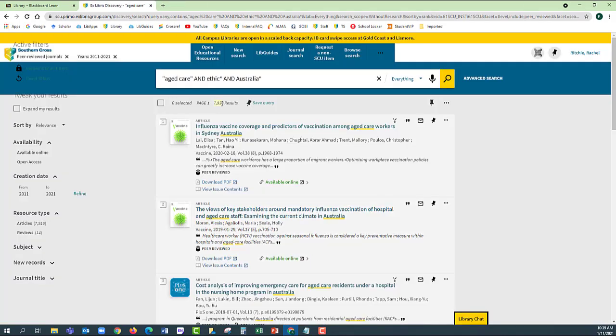Now, as you can see here, this search has retrieved nearly 8,000 results, which is an overwhelming number of results. And that's why I don't recommend conducting in-depth article searching in the library catalogue, because there is a large amount of content in here. So I'm going to show you now how to do some searching in the library databases